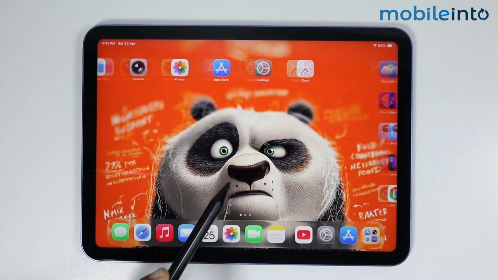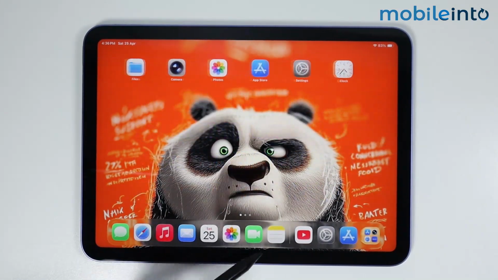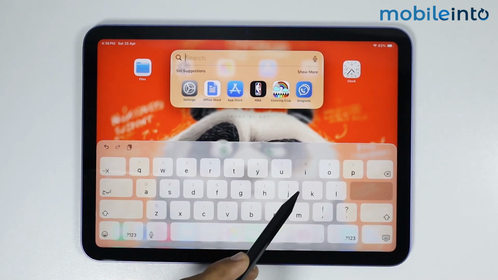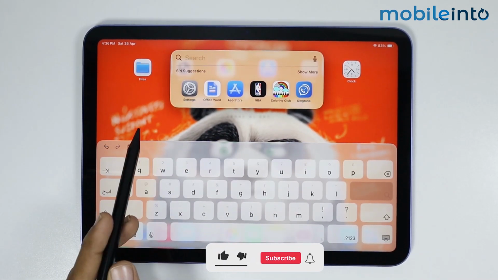In this video, I will show you how you can activate swipe typing on any iPad, if you want to type on the keyboard of your iPad using swipe gestures. Now to enable this feature, first of all,